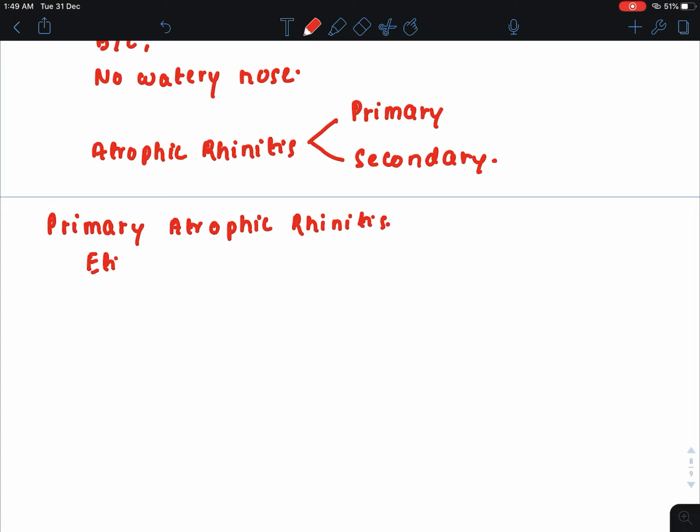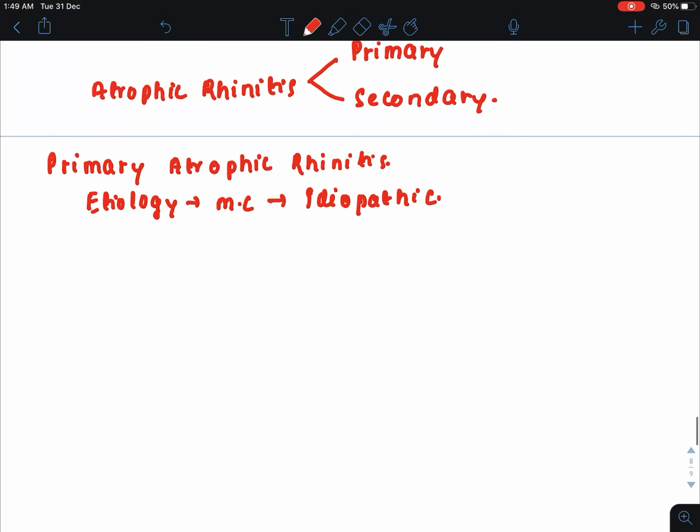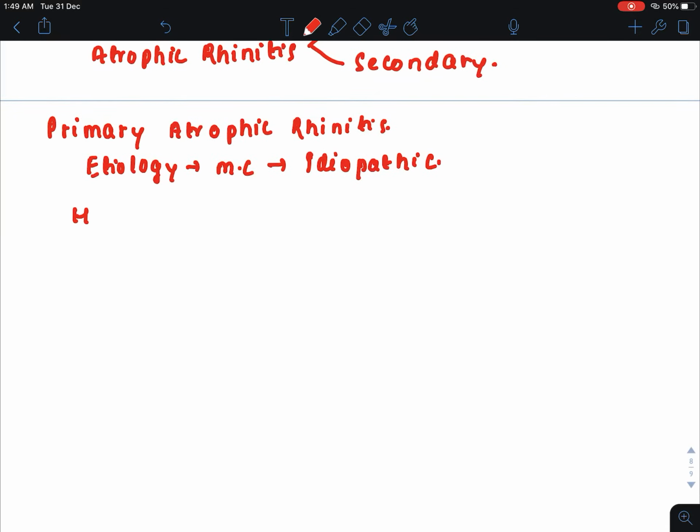Etiology. Most commonly it is idiopathic. The cause is not known. The other causes can be known to you by this mnemonic: